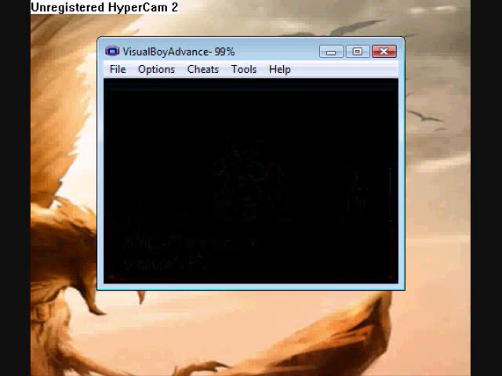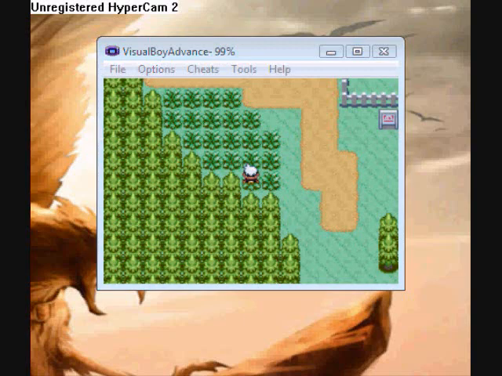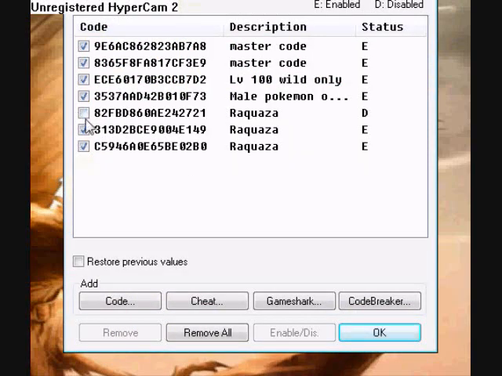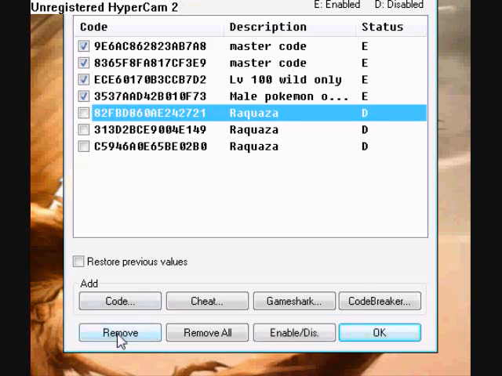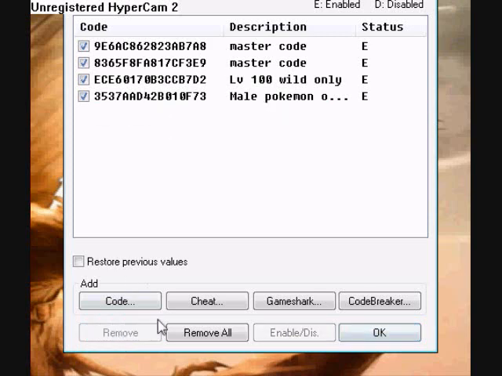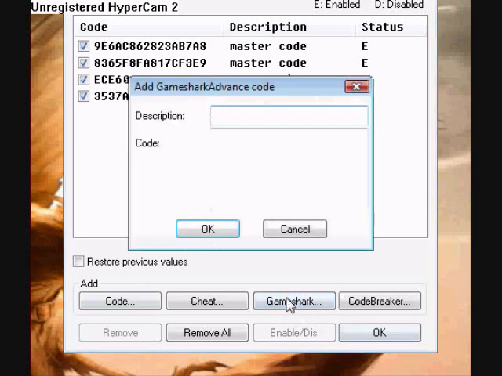Now you're also going to want to be aware of any fakes. If the cheat is extremely long and requires a whole bunch of work to do it, it's probably not a good idea to try it, because it will probably screw up your game, and it is probably a fake and just not worth your time. So don't bother with super long cheats, and don't bother with